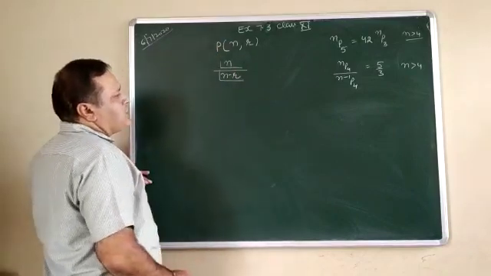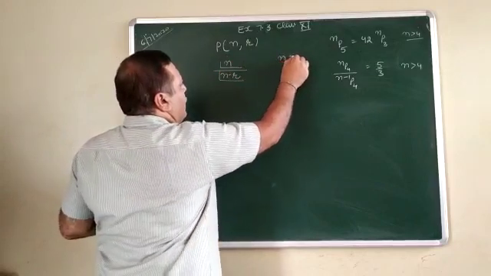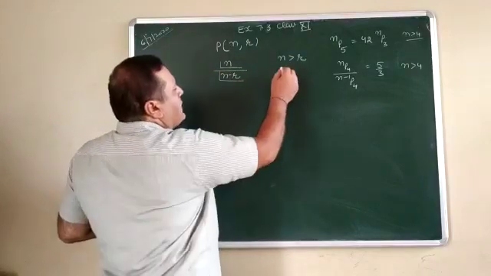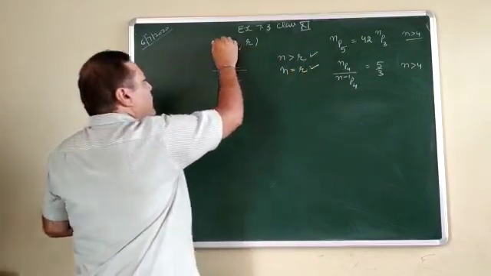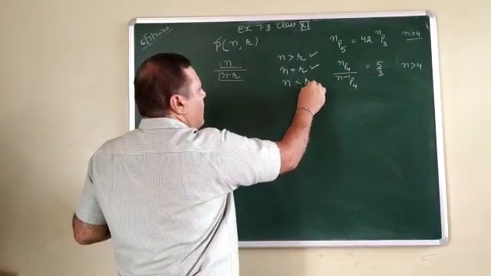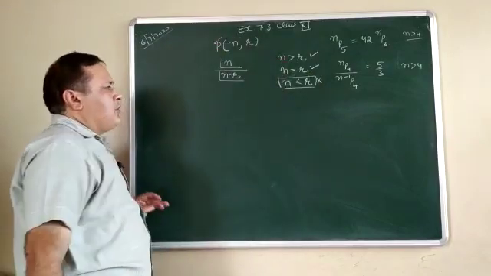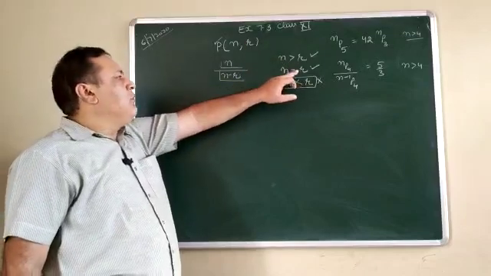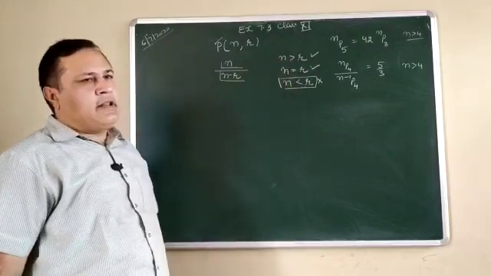Whenever you open a permutation, remember the value of n is always greater than r. It is the case when this question is possible. Second, when n is equal to r, in these two situations we can open the permutation. But whenever n is less than r, in that situation it is not possible to open a permutation. So the value of r is always less than n. Number two, the value of r may be equal to n, but the value of r can never be greater than n.